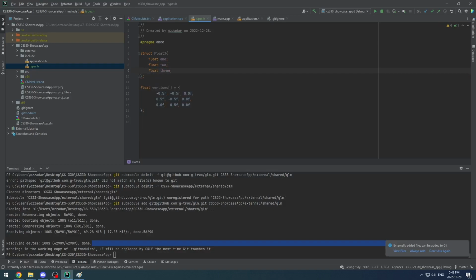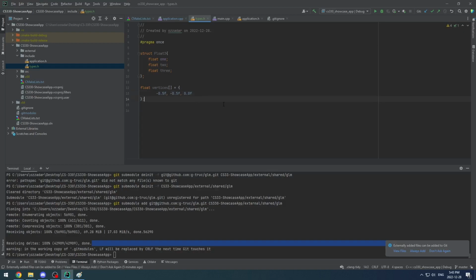So a struct, if you don't know, a struct in C++ is just a class where everything is automatically public, right? So this is pretty much exactly the same as this. And in memory, it's the same thing. But usually when you're working with raw data like this, you want to use a struct. All right, so this in memory is the same as 3 floats right next to each other inside an array. So it's the same thing as if we did this,